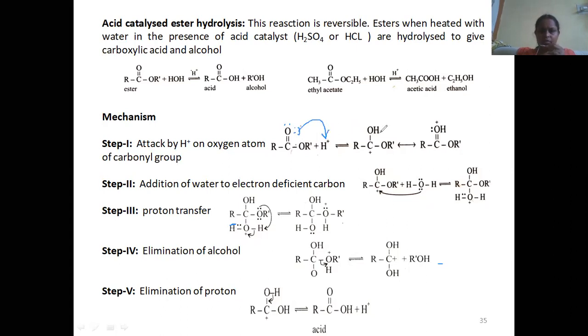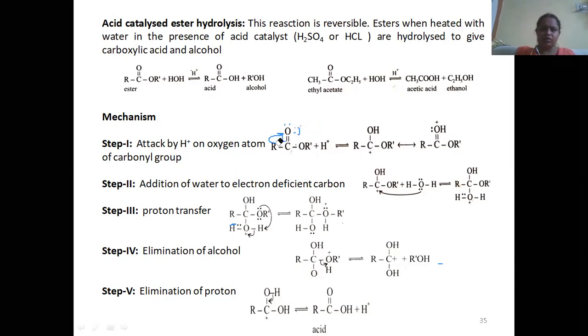So one of the lone pairs will take up this H plus ion, forming OH here. When the lone pair of electrons on the oxygen is donated to the H plus ion forming OH, oxygen will get a positive charge. Because positive charge on oxygen is not stable, these pi electrons will shift onto the oxygen. So again it will have its lone pair of electrons, therefore it is creating an electron deficient site on the carbon. Or we can directly show this like this.